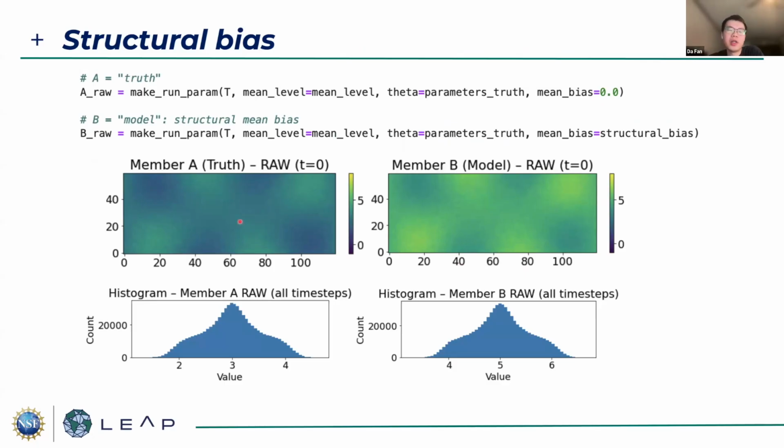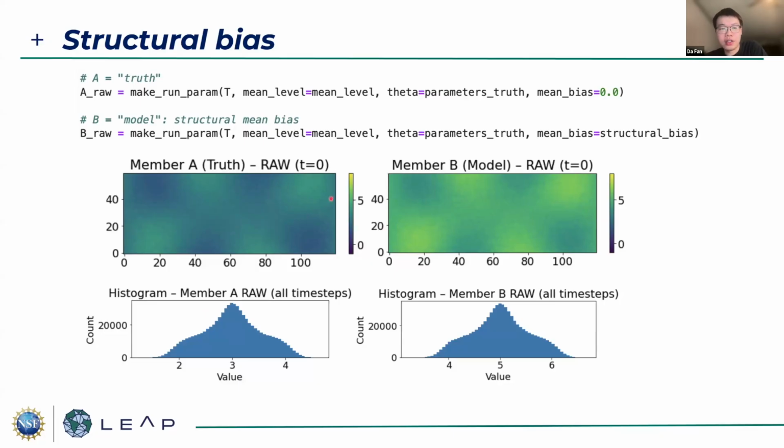So in the first experiment, you can see we added the structural bias to the input, and then we run this simplified climate model over 100 time steps. Here are the results for member A and member B, at time step 0. And here is the histogram of the values over all time steps. So as you can see from the global map,